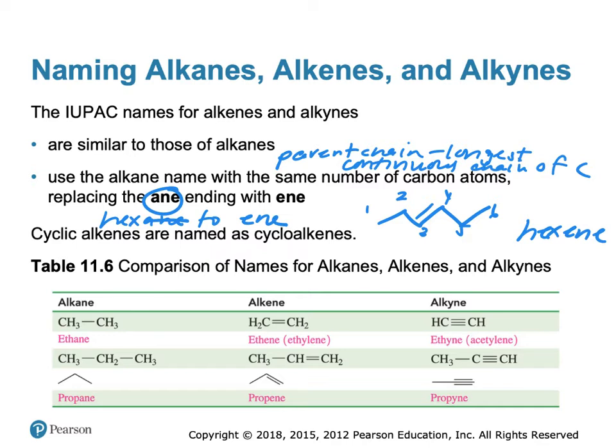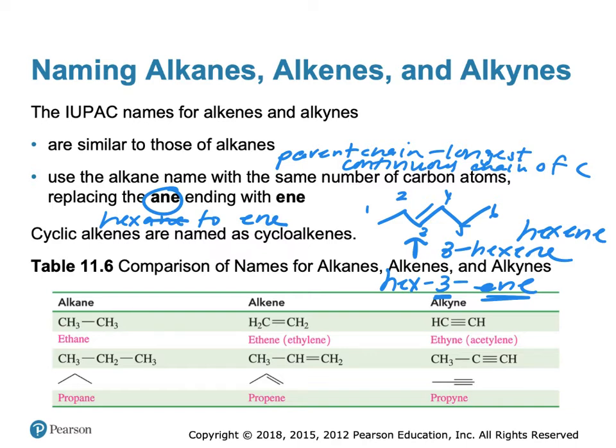The next thing we need to do is designate the position of that double bond. So if we count carbons, we want to give the first carbon of the double bond the lowest possible number. So here, this would be 3-hexene. IUPAC convention has changed so that we can also name this compound as hex-3-ene, where we are designating 3 for the carbon-carbon double bond.